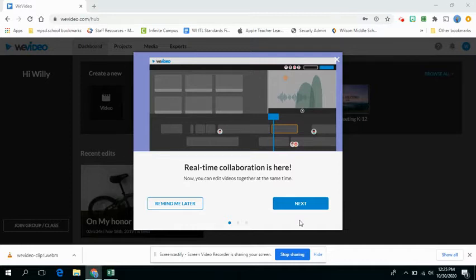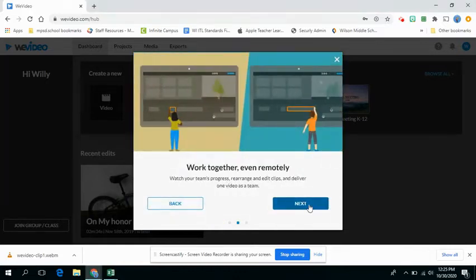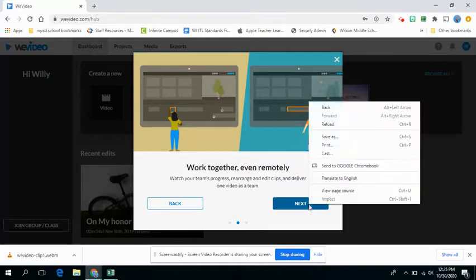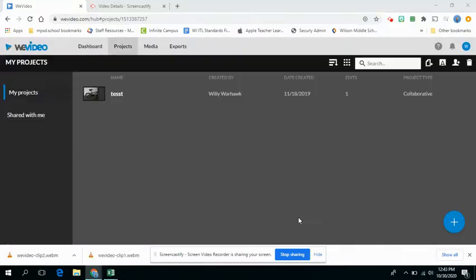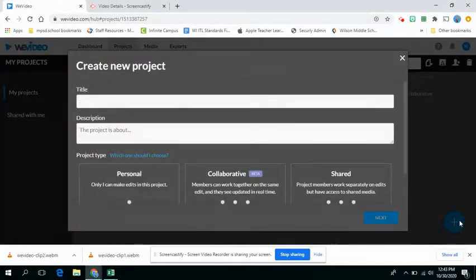Once you're logged in, it gives you a few tips that you can scroll through. This tells you how to use the WeVideo editor. And when you're done, just close that out. The first thing you need to do is click on your projects and click this plus sign to create a new project. Now here's where you're going to give this project a title